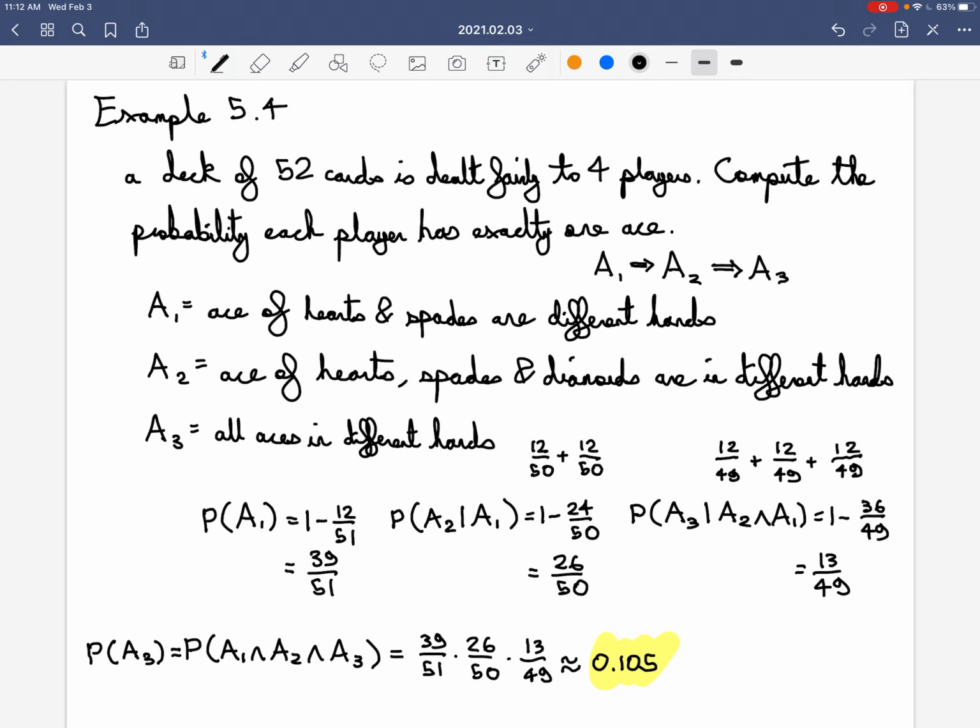And then we'll compute the probability that all aces are in different hands from the tower rule by calculating the probability that all aces are in different hands, given that the ace of hearts, spades, and diamonds are